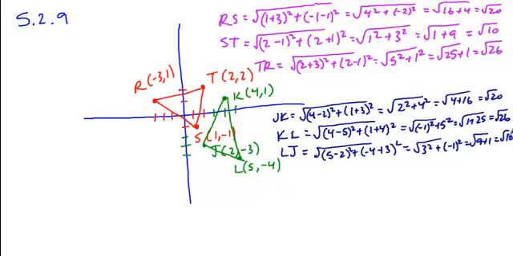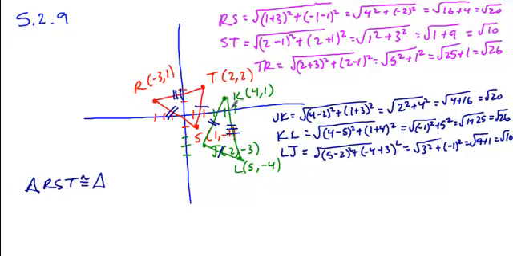So here we see which sides correspond to each other. So RS has a length of root 20. It corresponds to JK. We have ST with a length of root 10. It corresponds to LJ. And finally, we have TR with a length of root 26. That corresponds to KL. And so the congruent statement that we can write here is RST is congruent to, again,